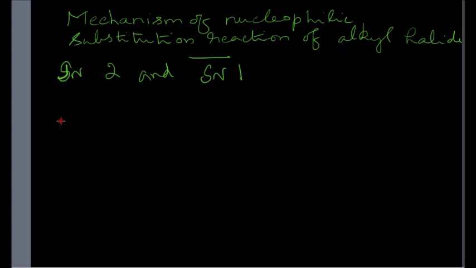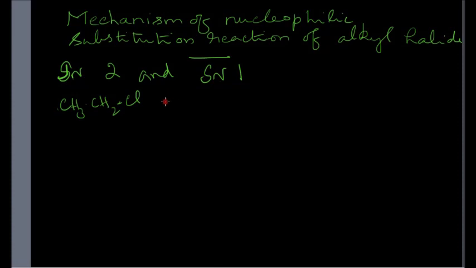I will first take a primary alkyl halide and explain the mechanism of its hydrolysis. What is a primary alkyl halide? As you know, it is one in which the halogen is attached to a primary carbon atom. And the primary carbon atom is one in which the carbon is attached to one other carbon atom. The typical example will be CH3CH2Cl. Halogen is attached to a primary carbon. A primary carbon is one which is attached to one other carbon atom. And